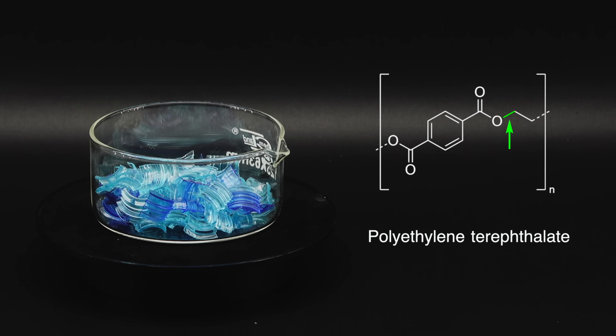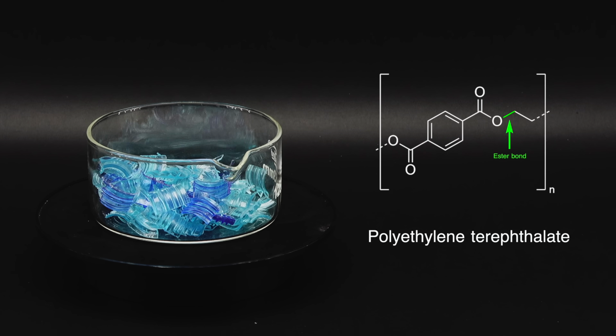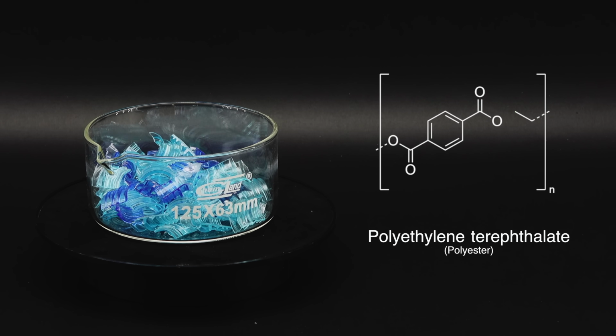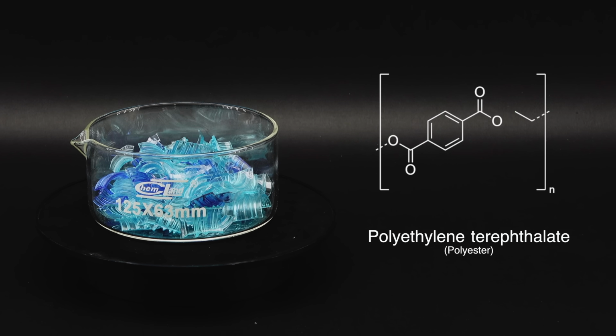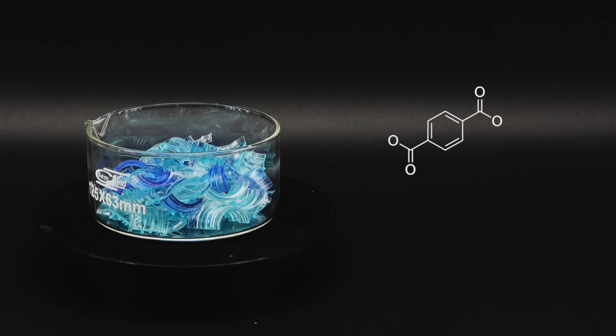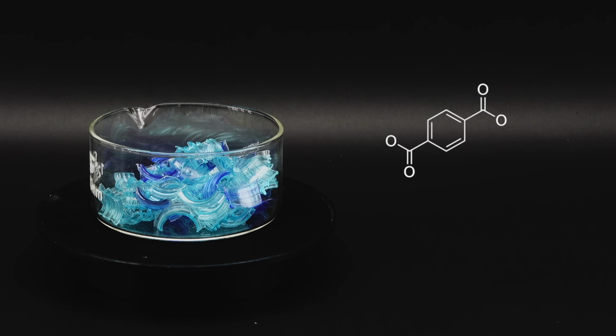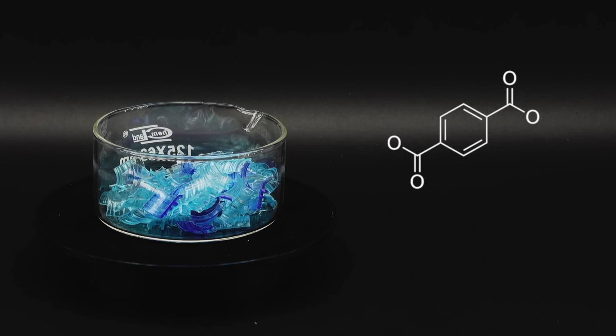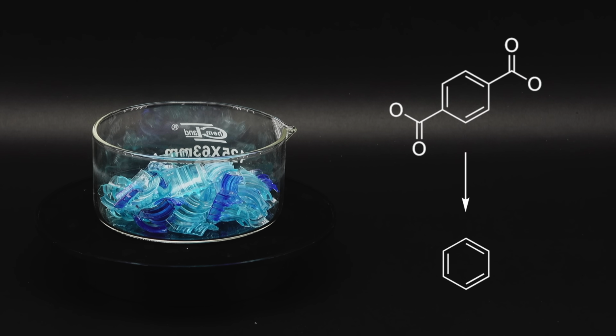It's something called an ester bond, and it's also the reason why this plastic is often called polyester. Breaking it would make the polymer structure completely fall apart and quote-unquote deshield the benzene. The resulting benzene-containing compound will then have a much easier time turning into pure benzene, which is exactly what I